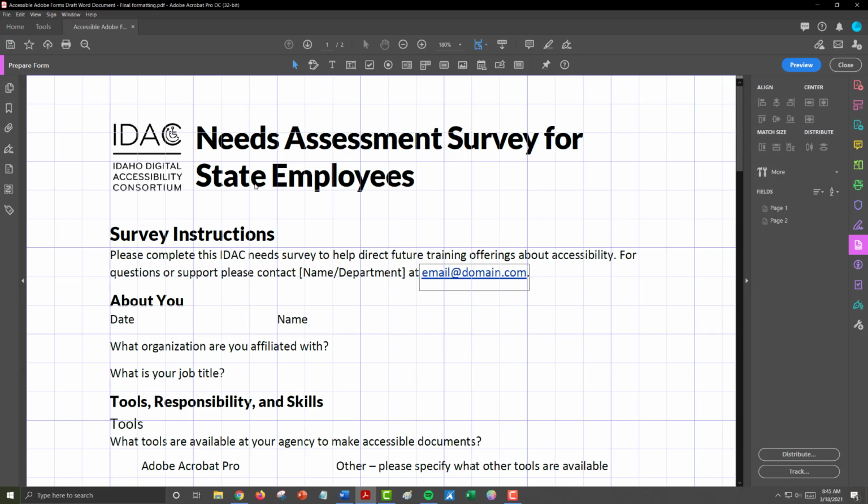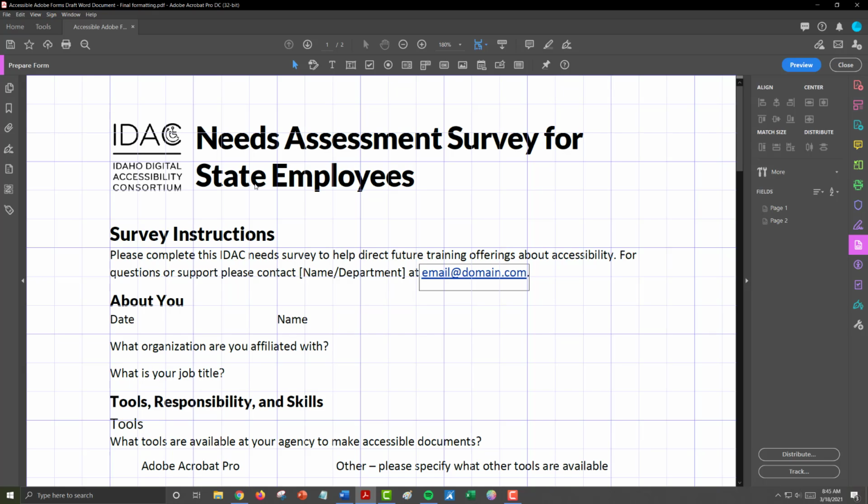The best way to add form fields to your document is to go in order. So start with the very first question, proceed to the next, and so on and so forth. That will allow Adobe to create a tab order starting from your very first form field to your last. So I recommend going in order rather than trying to do all of your text boxes at once or all of your check boxes at once. That's certainly an option, but you'll have to rearrange the tab order later.